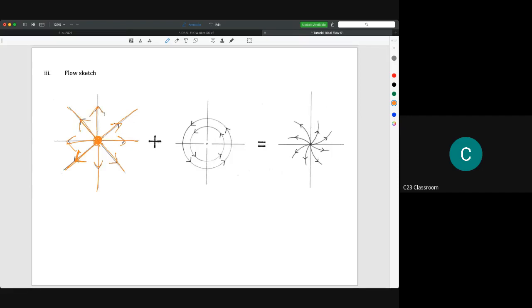So and then you have vortex. So vortex means